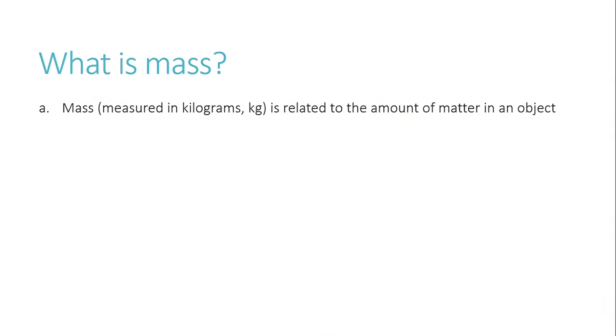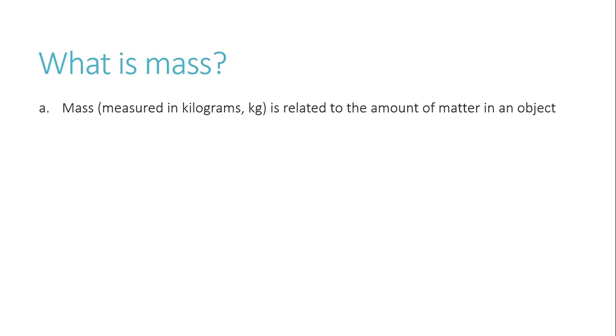First of all, what exactly is mass? If we physically think about what mass is, what comes to my mind is how much matter is in an object, how dense it is, how heavy it is going to be. So mass is basically related to the amount of matter in an object. It's written that it is related to, and it is not exactly.